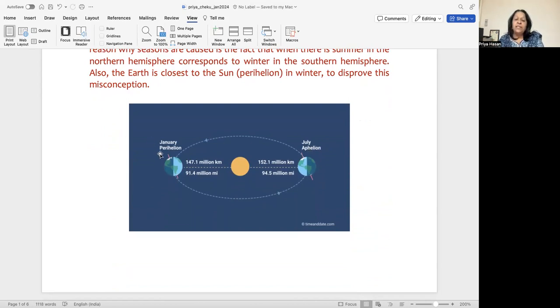And we know that in the Earth's orbit, the perihelion, or the period when we are close to the Sun, is sometime in January, and the aphelion, or the period when we are further away from the Sun, is sometime in July. So, according to that logic, if summer was when we are closest to the Sun, then January could not be perihelion, right? So you know that perihelion is actually occurring in January. So that tells you that this is not the reason.